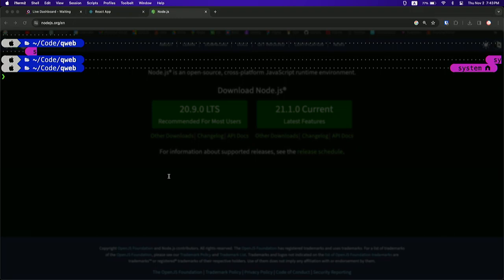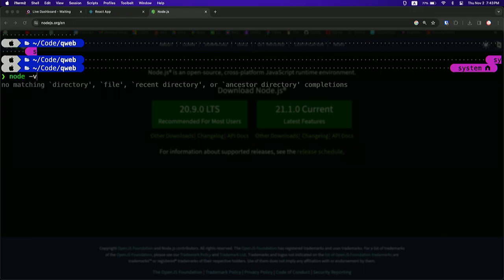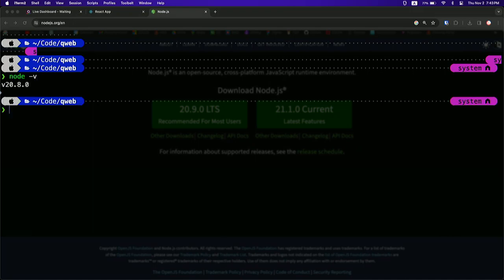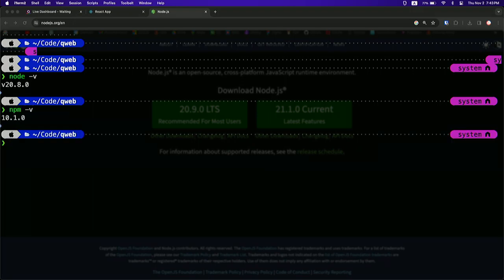From here, we can actually create our React project. Now, before we do that, we have to make sure that Node is properly installed. And to do that, we type in node -v. What this will do is check the version of Node that is installed. If it is installed, it will just give you the version. If it's not installed, it will just say command not found. And similarly with npm, npm comes with Node. npm stands for Node Package Manager. It is a tool or a program that allows you to manage code that is written by other people, including React. So once you have the versions, which means once you've installed Node and npm properly,